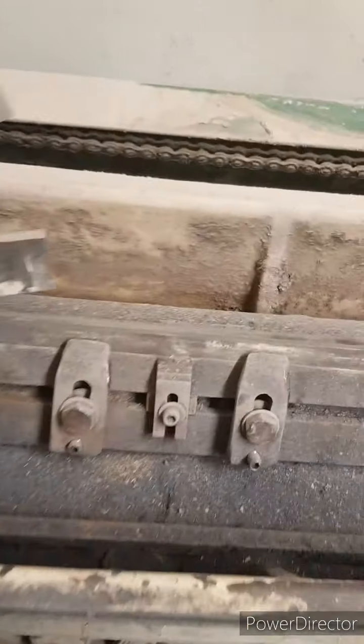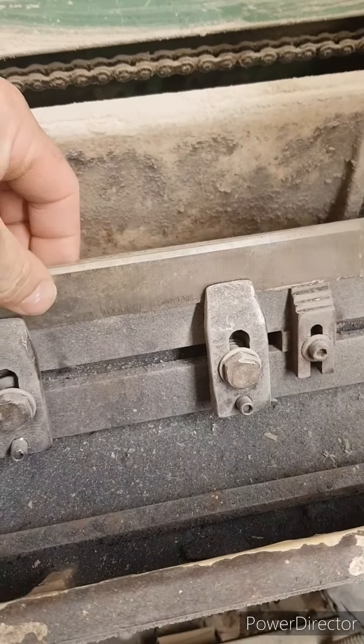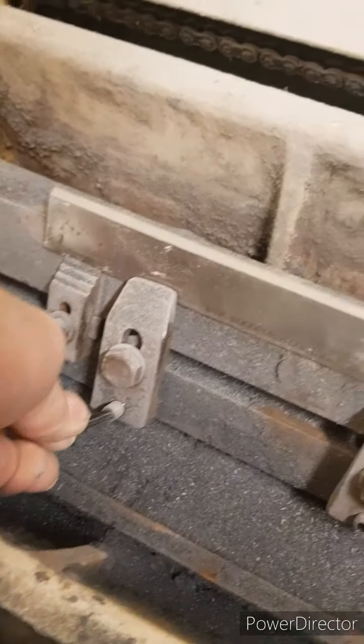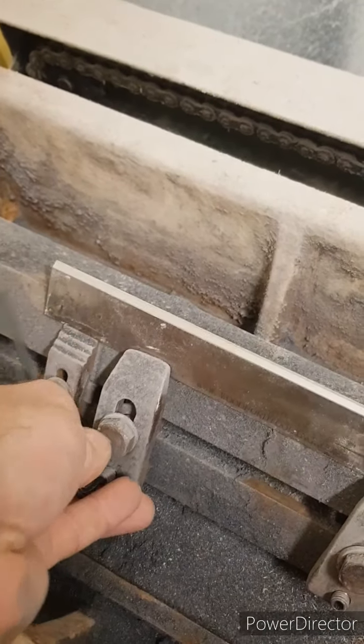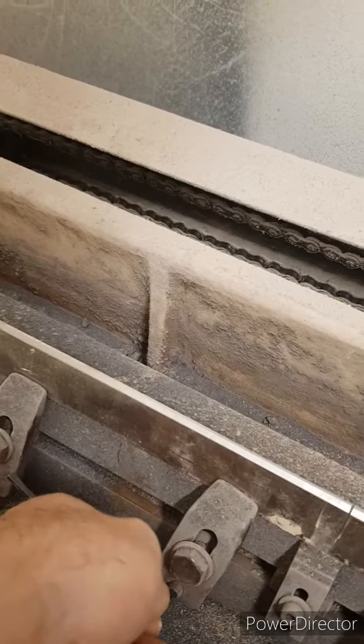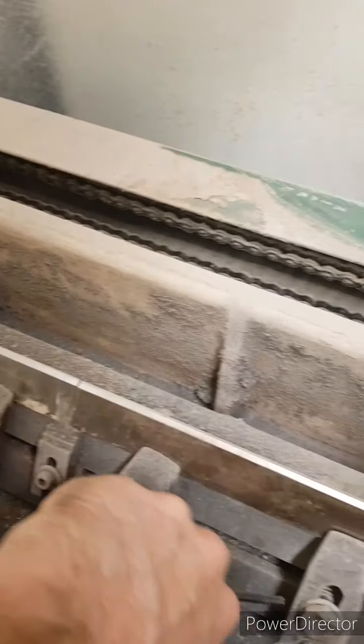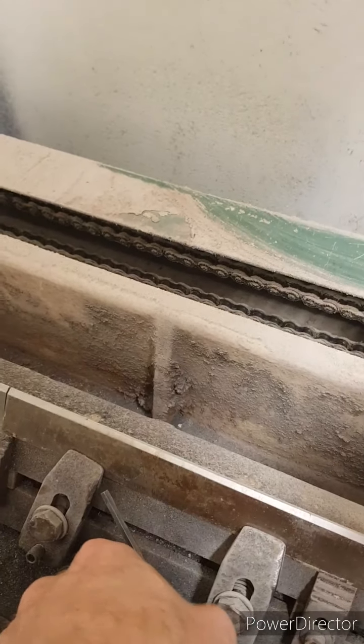I put mine in pairs, and all you do is sit them on top of these things, up together. If I can find it, my little Allen key. Oh, there it is, next to my brew, obviously. Tighten these little locking legs in, and that just holds it nice and flat, so when the grinder's going over it doesn't just throw it away and make a mess. So yeah,